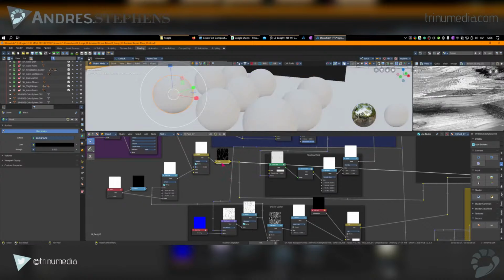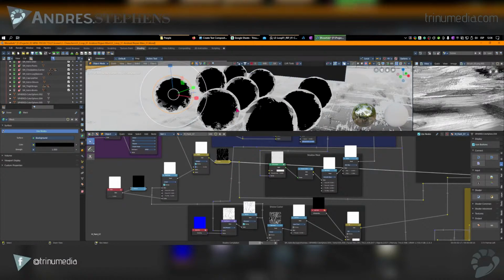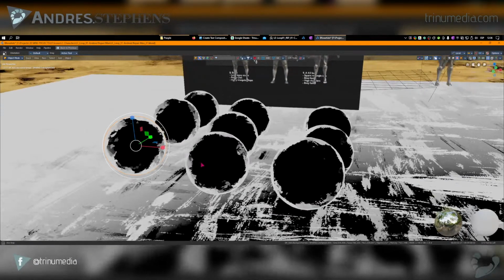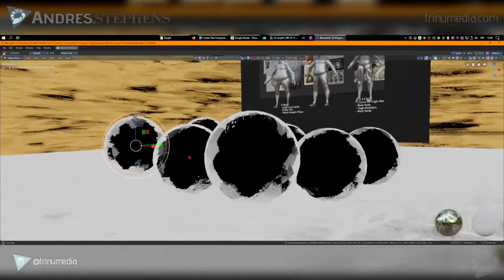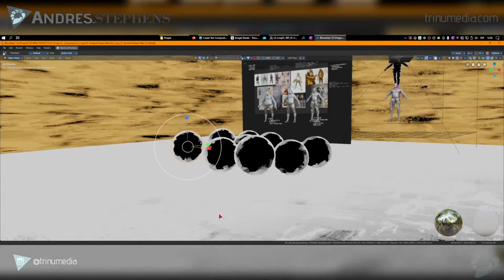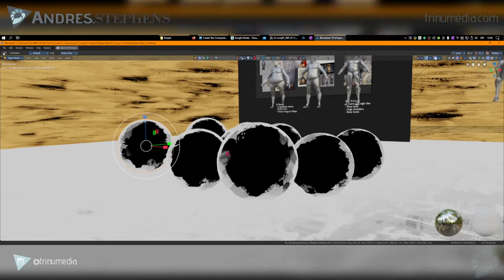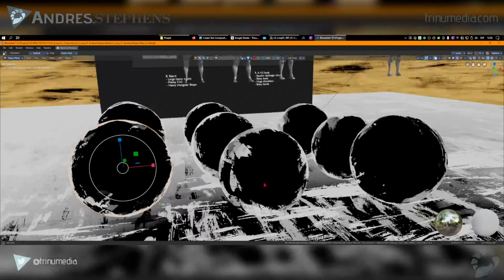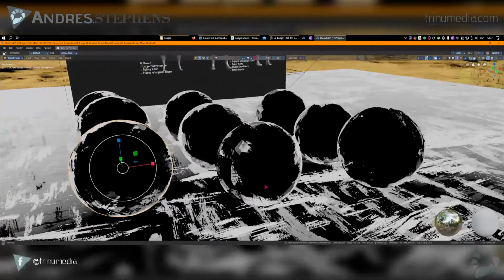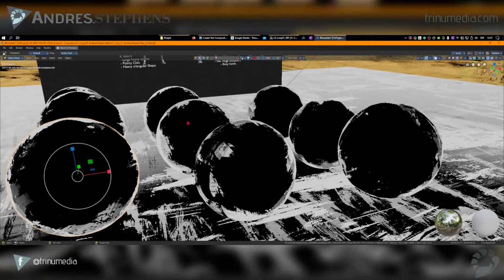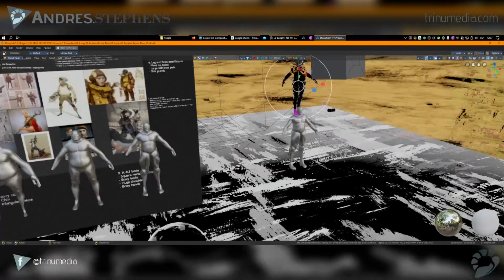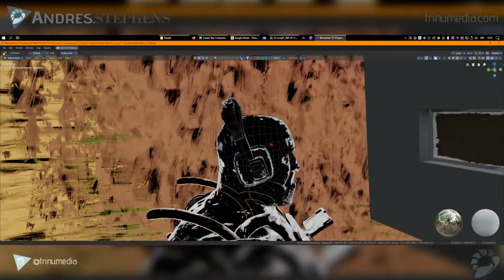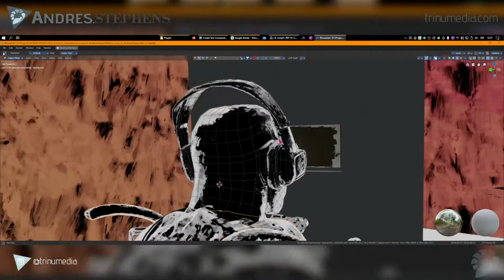To break up the silhouette of the object, I use a Fresnel, or a dot product from the normals, with the same brush texture, so that if I zoom out it keeps the detail. I use the Fresnel as a mask, and I clip the mask of the objects using Fresnel to break up the shape of the object to some degree. You can also optionally model your objects to have those shapes, but here it's basic, and it looks like I haven't got a full 3D object because I've broken up the